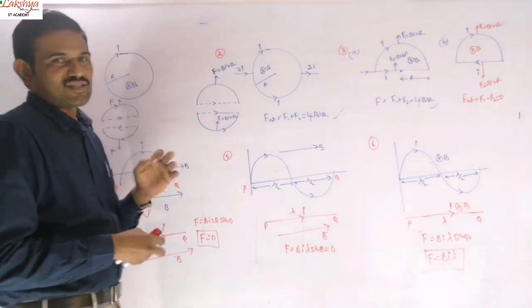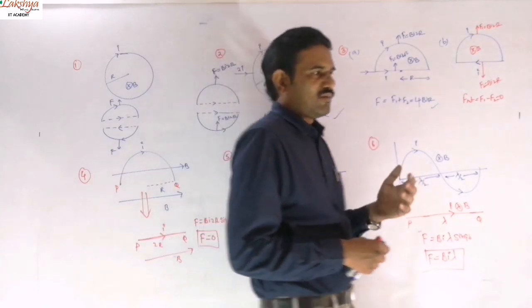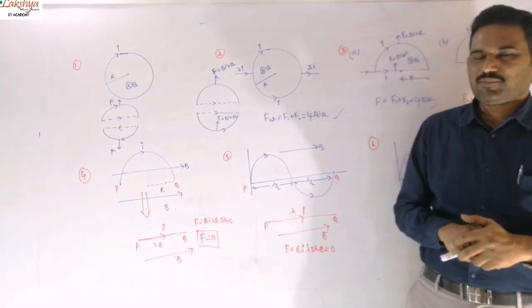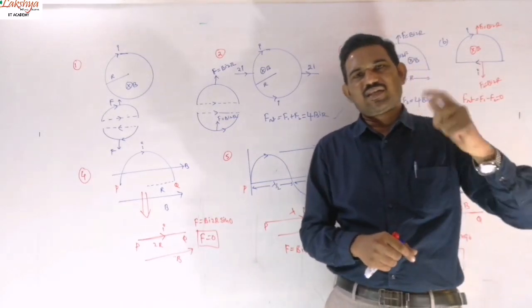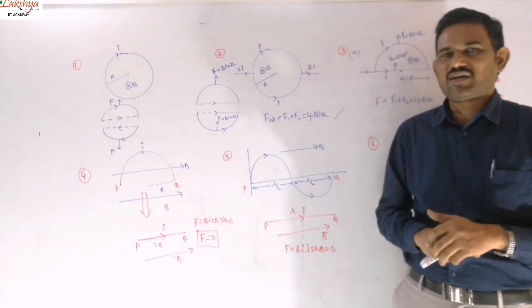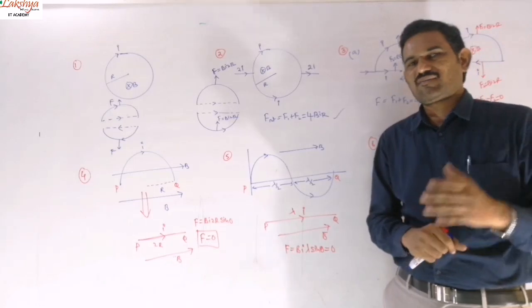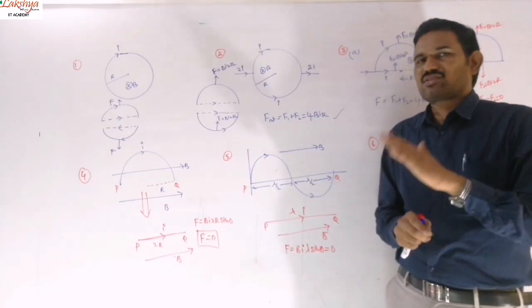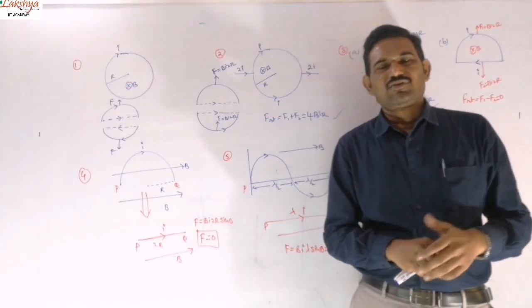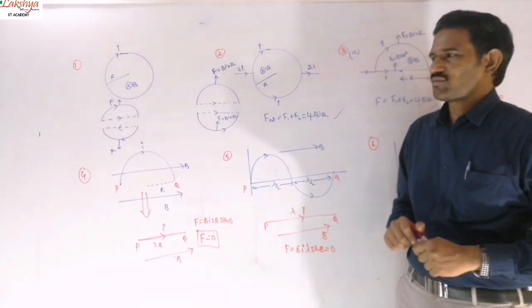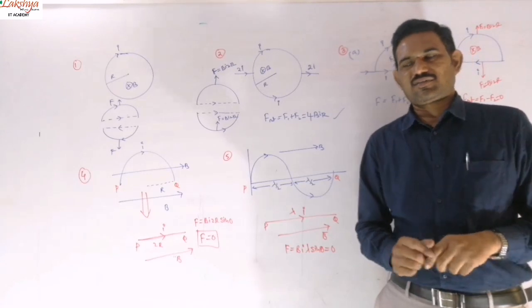So you need to answer carefully by observing whether it is a closed loop or an open loop. First we need to think about that, and next, if it is a closed loop, whether the current is flowing in the same direction or the same sense or not. Next you need to think about the direction of the field, that means the angle between L bar and B bar also. Basing on that, we need to answer about the magnitude of the force acting on the conductors.